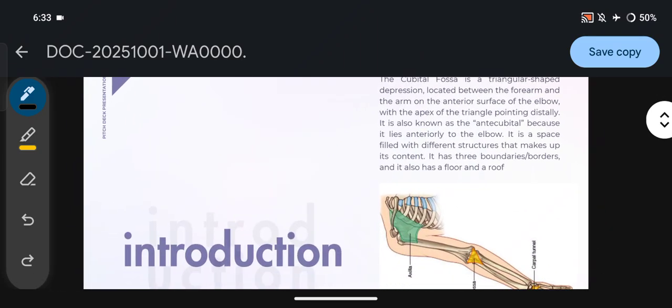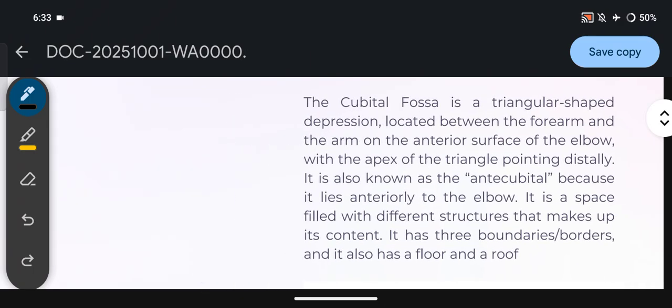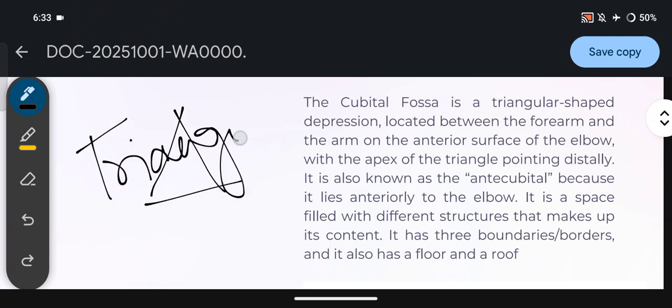First of all, the introduction of cubital fossa. The cubital fossa is a triangular shaped depression. So what is the shape? Triangular. The cubital fossa is a triangular shaped depression which is located between the forearm and the arm on the anterior surface of the elbow, with the apex of the triangle pointing distally. It is known as the antecubital because it lies anteriorly to the elbow,